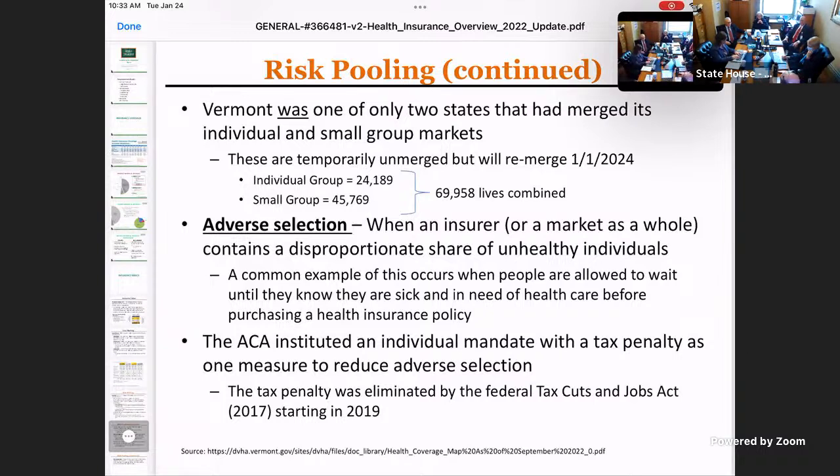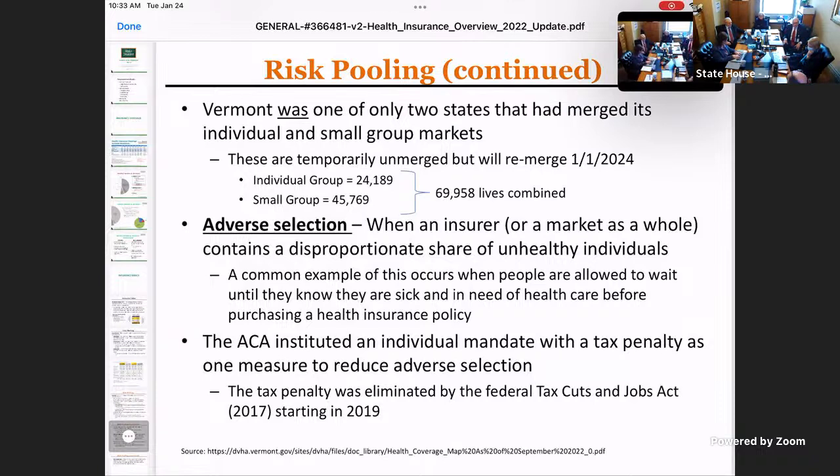We have these open enrollment periods, for instance. You can only enroll into your health plan in a small window. And then you either have insurance for the year or you don't. Insurance usually is on a calendar year, not always, but most of the time. So this idea that people can just enroll whenever they're sick, then they wouldn't buy insurance until they need it. Like, well, I'm not sick, I'm not going to pay the premium. Oh, now I'm sick, I'll go buy my premium. Well, you haven't been paying into the pool. So that's an example of adverse selection.